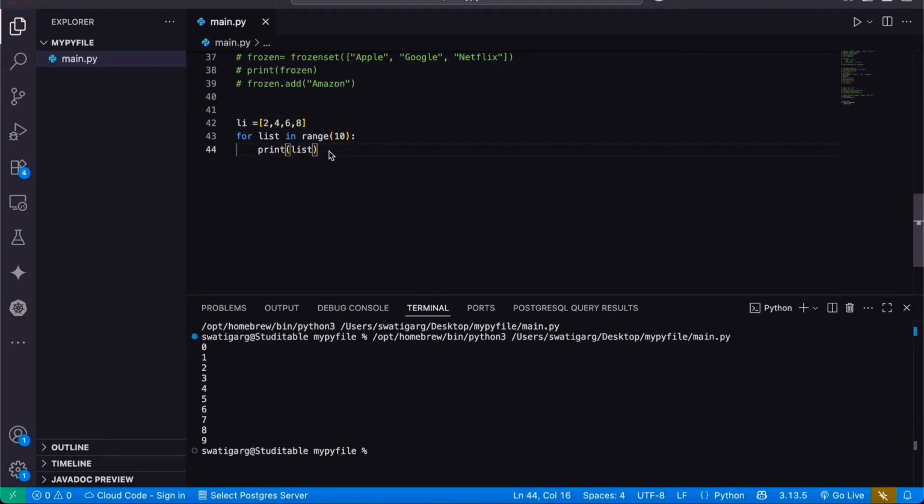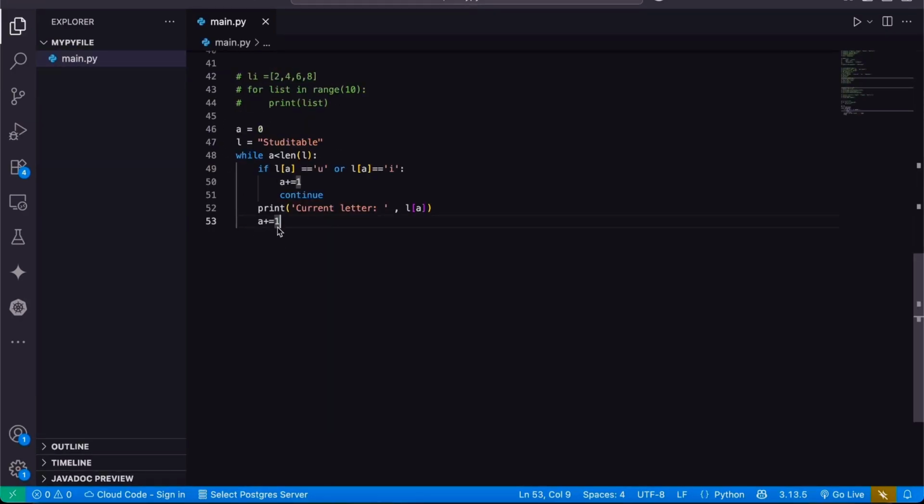And the next loop is the while loop. A while loop executes a block of code as long as the condition is true. And this is a simple program in a while loop where there is a variable a with the value 0 and another variable l with the value of Studytable. So this will iterate while a is less than the length of l, the length of Studytable. If in Studytable u or i is found, then the loop will continue and the value of a will increase. If it's not found, then the current letter will be printed, whatever the current letter is,